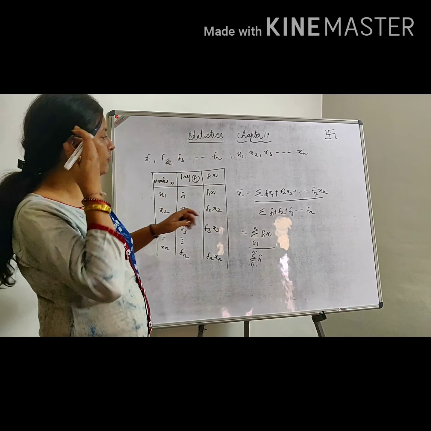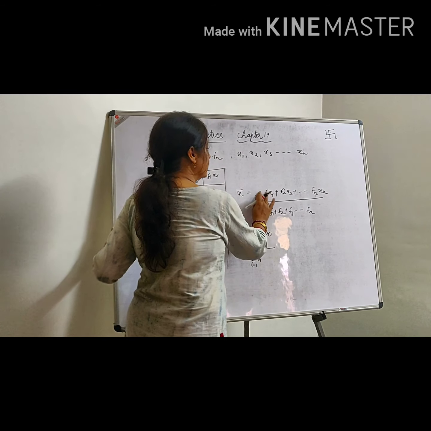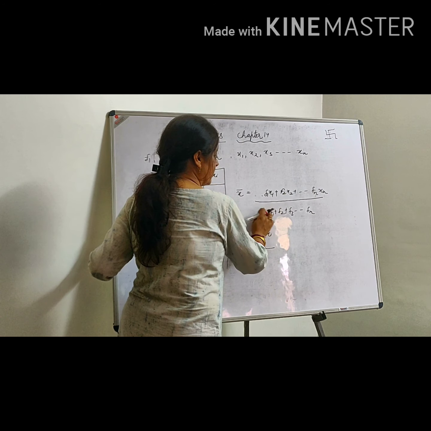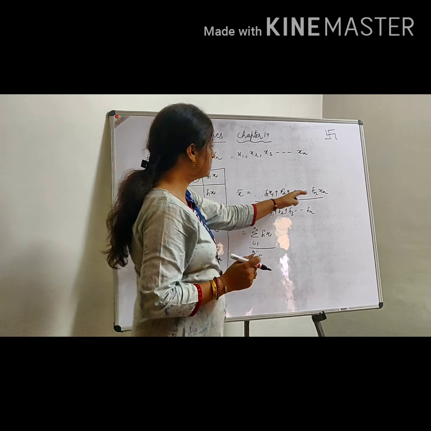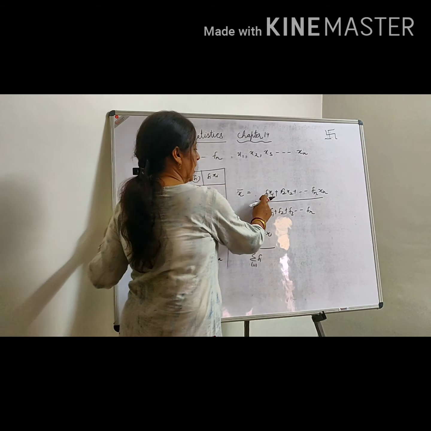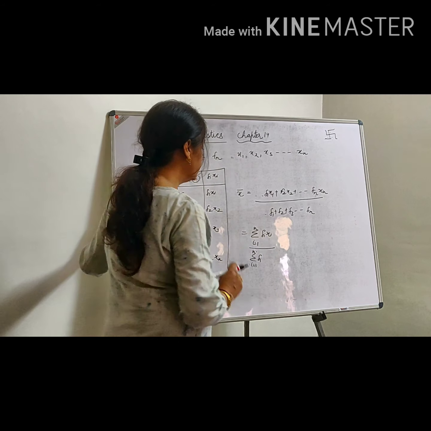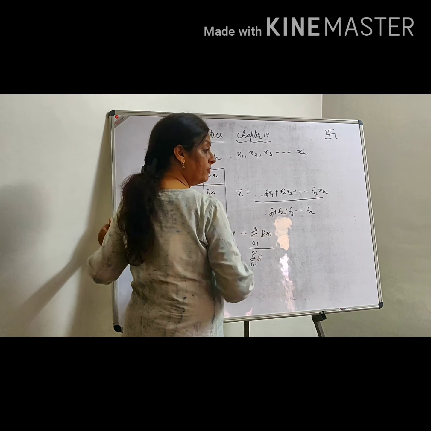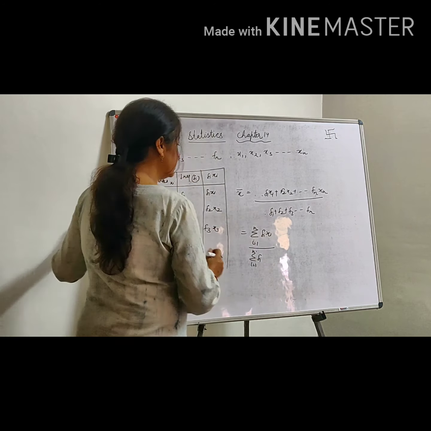Then to find out the mean, we used to denote it by x bar. x bar is equal to the sum of f1 x1 plus f2 x2 plus up to fn xn, divided by the sum of f1 plus f2 plus f3 up to fn. Now this sum is known as summation of fi xi, where i is from 1 to n, natural numbers, and this summation is divided by summation of fi, where i is from 1 to n. The number could be any number. Then this was the mean of your ungrouped data.